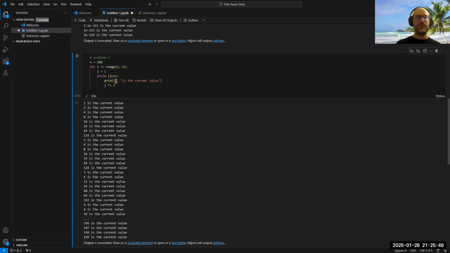We're going to print j, the current value. So it does 101, and then it doubles that, and so we have 202. We click over to this while loop again, and 202 is not less than 200, and so it does not trigger again. So it only triggers the one time